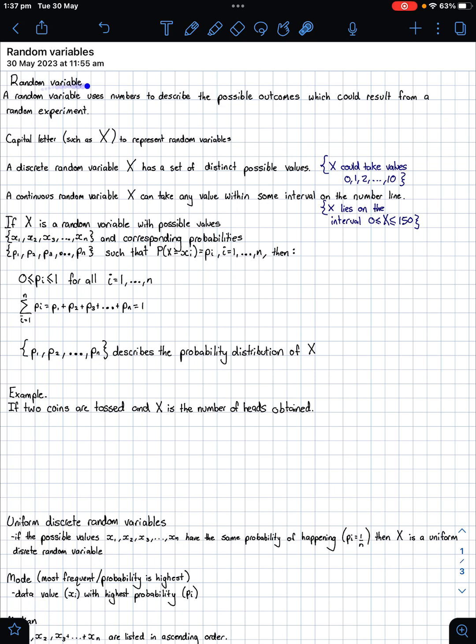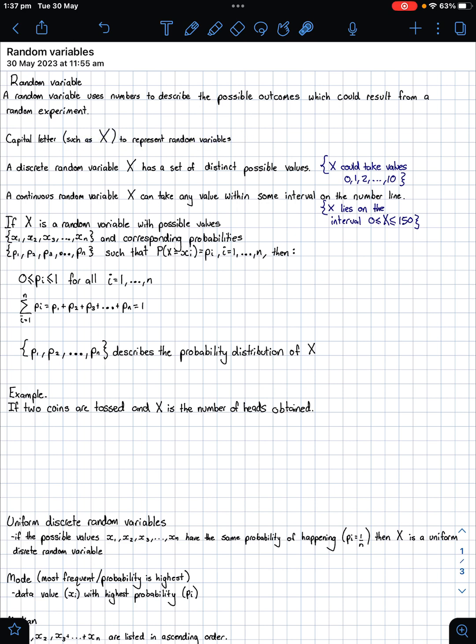So a definition first: a random variable uses numbers to describe the possible outcomes which could result from a random experiment. A random experiment can be anything from flipping a coin, pretty much anything we can denote with a number. The idea is that we can use this capital X notation, which is new, a capital letter such as X,